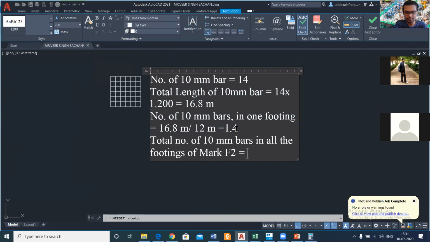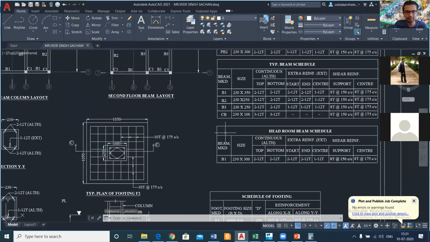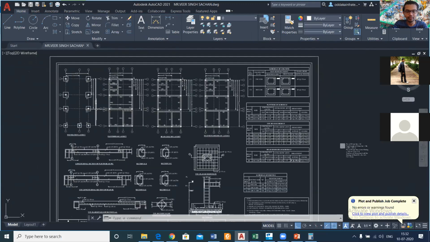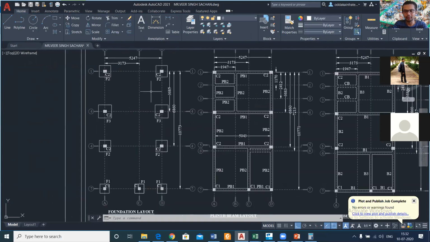We have here equals to 4 into 1.4, how much is it? 5.6. Let's say we have to buy 6 number of 10 mm bars for the 4 footings of mark F2. Similarly, you can calculate for F3 and F1 as well.